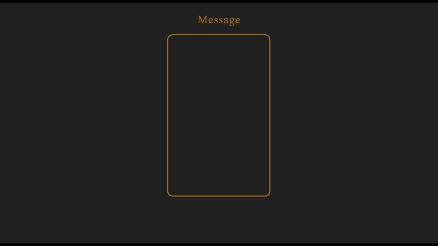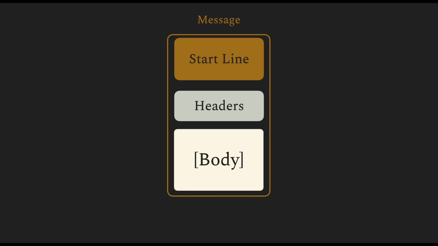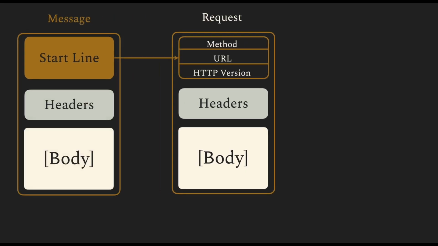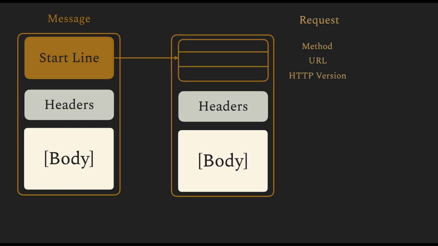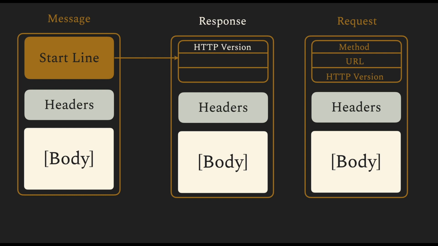So just to summarize, the HTTP message consists of three parts: the start line, the headers, and the body. The start line consists of some information for request and response. The headers contain some additional metadata, and the body is the actual optional body based on the type of the request. And for responses, there are certain fields: the HTTP version should match, the status code, and the reason phrase.